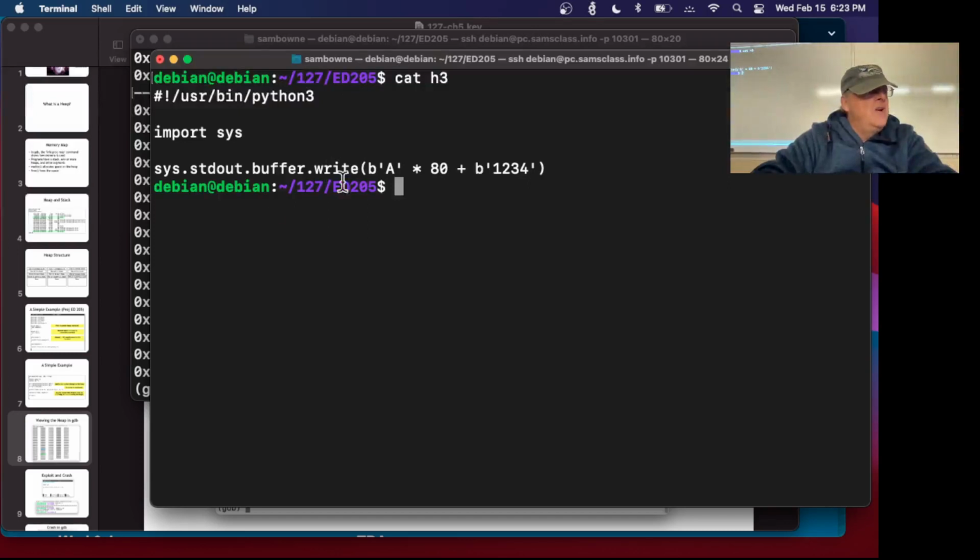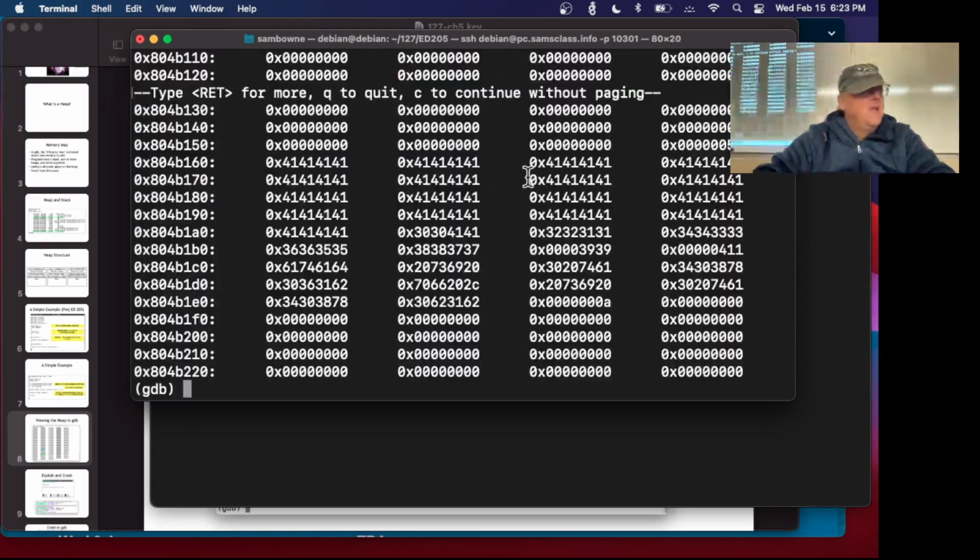Okay, so now it was a 5566, so that means there are 10 characters before it: 2 zeros, 1s, 2s, 3s, and 4s. So I need 80 A's, and then the next 4 bytes will be the pointer that is used to control the instruction. So if this is correct, this 1, 2, 3, 4 will hit the instruction pointer. So let's run that one. If I run that one, H3,